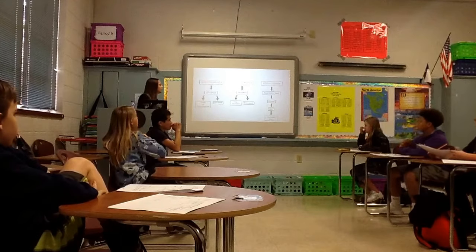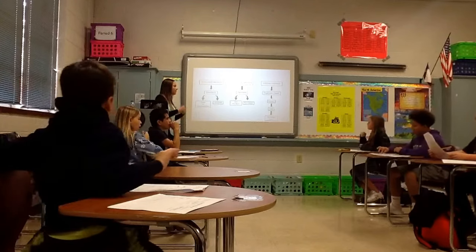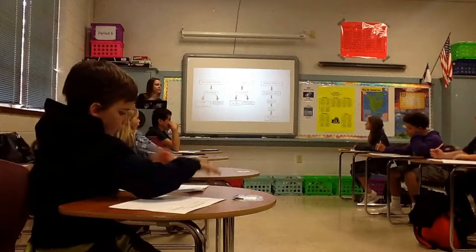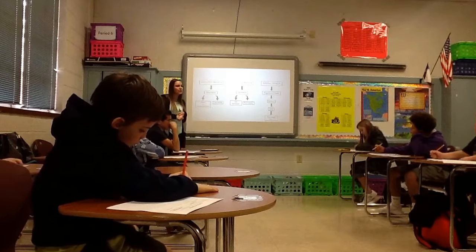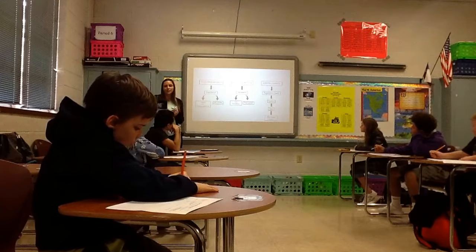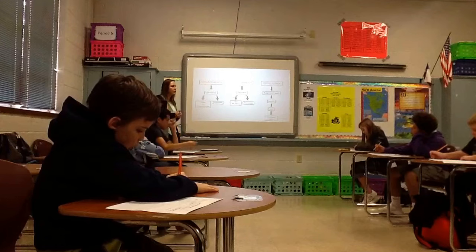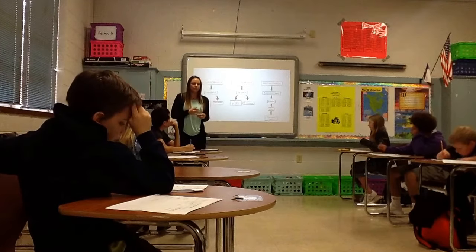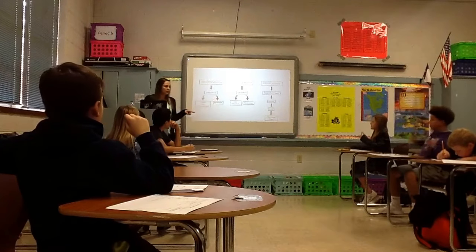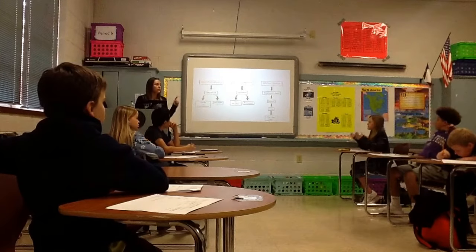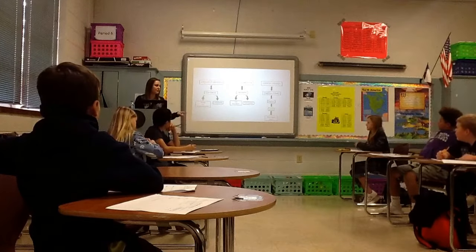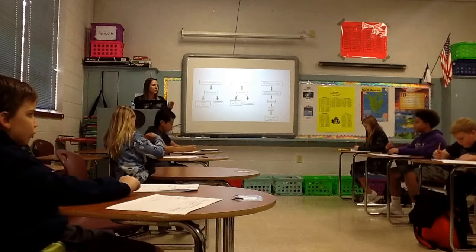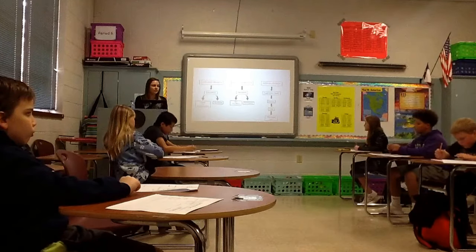Alright, so here's a little tree branch that I made of the different types of branches that we have. This is a review, so let's see, does anyone remember what the legislative branch oversees within laws? What do they do with laws? They have to pass it to each other, and if it makes it, they'll give it to the president. If he says yes, it's a law. Correct. They can also veto it. The keyword I was looking for was pass.